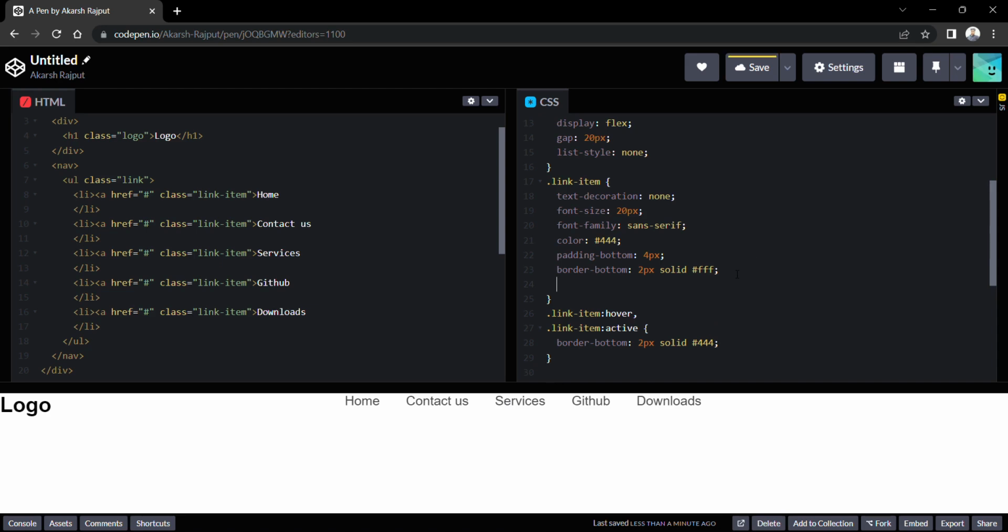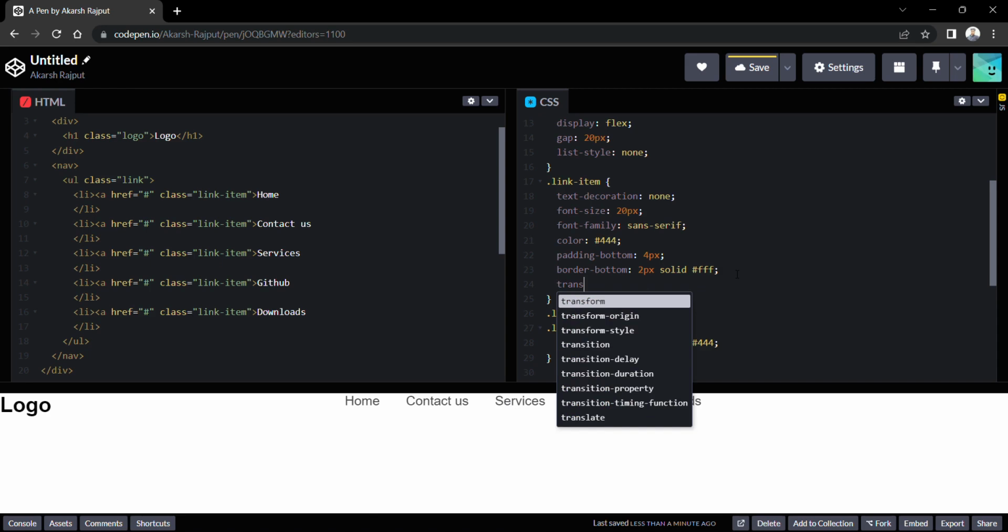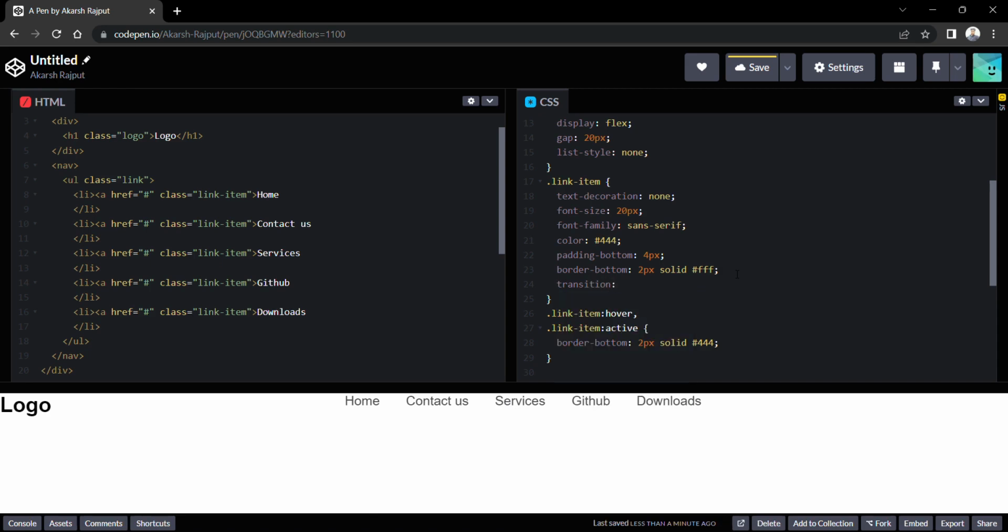So for this we will use transition. First we will have to define how many elements we want to be transitioned. So we want all elements, write all, and the time of duration which we want to be there. So for practice and for teaching you, I am giving some more time, which is 1 second, and see what happens. It takes some time to generate, but it looks like taking too much time. So we will define standard here 0.4 or 0.3 maybe. It is looking good,